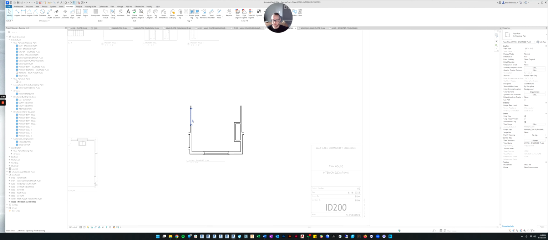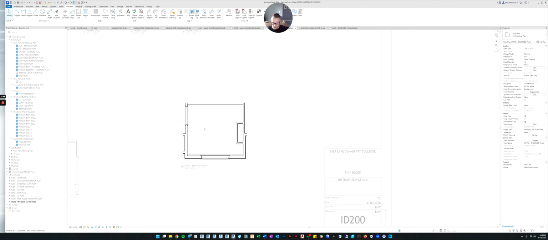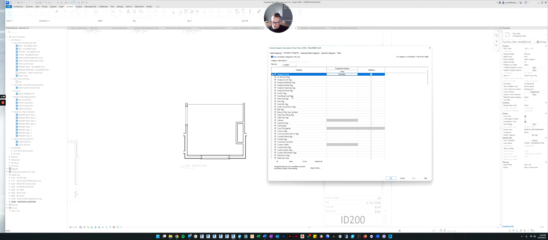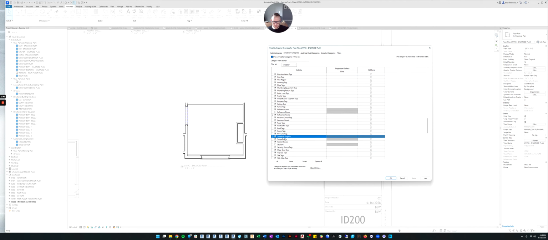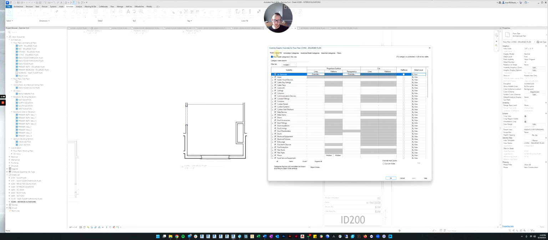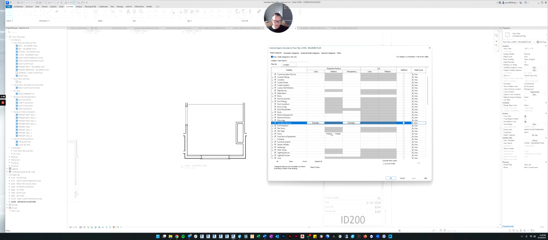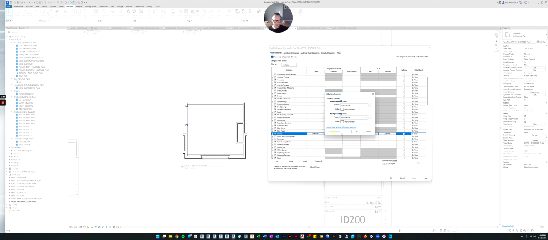I don't see section markers through here, but let's turn on our visibility graphics dialog. Let's just make sure, let's go to the annotation category and go to S's. And you can see sections are shut off. That's how they should be. But we do want to show our floors. It's annoying that I don't see the floor. So let's go to F for floor. And you can see the surface pattern is hidden. So let's click on that and clear the overrides and click OK and apply.